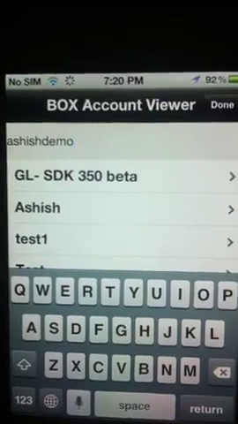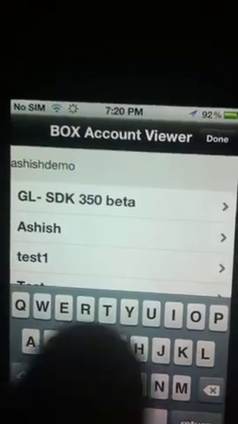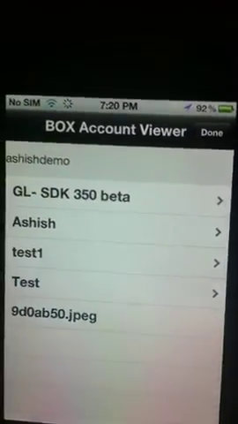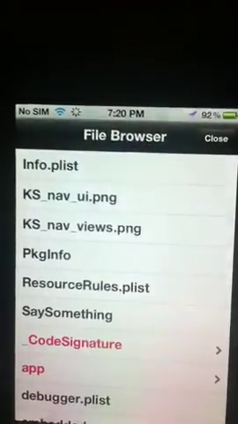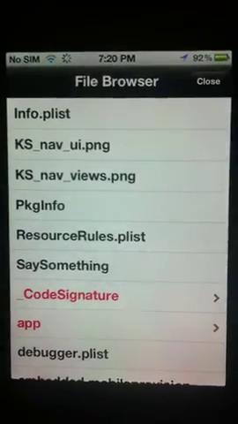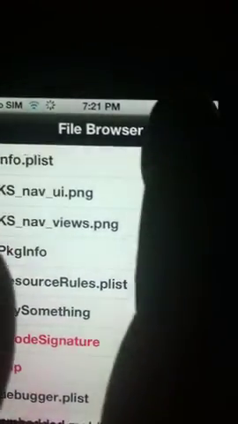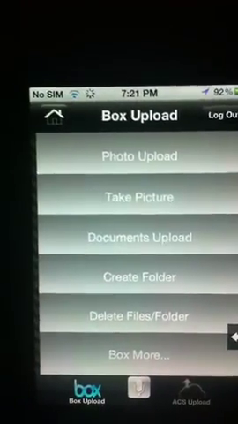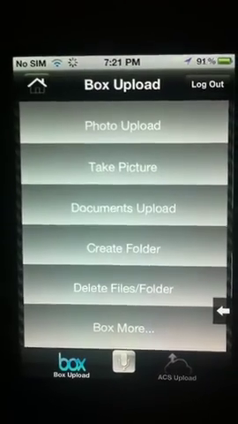So I just entered my folder name and now done. I have been presented with the files which my application is having. So say I want to upload this file and this file. I choose both and done. It's easy. Now my files have been uploaded to Box.